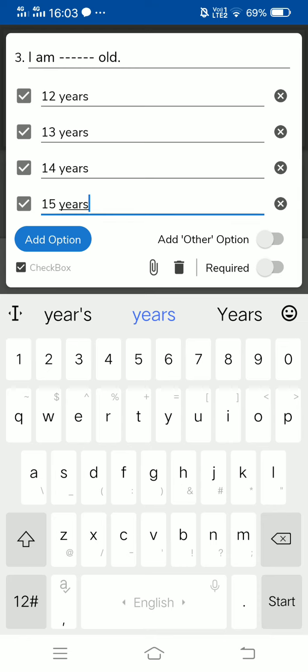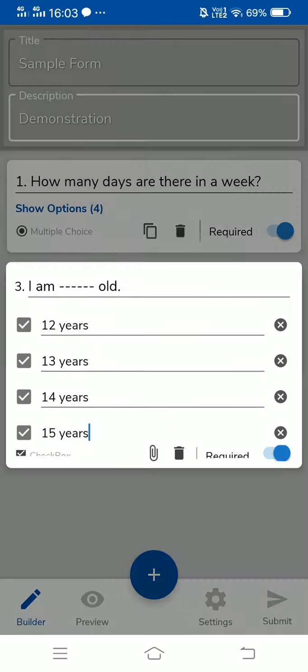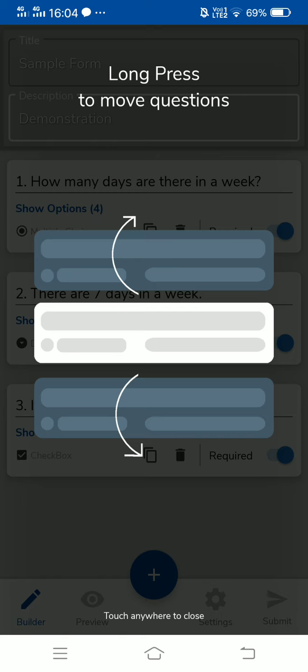So if you would like to add any other option, you can add it by clicking on the same, which otherwise just leave it by marking it as required. So we are done with this.